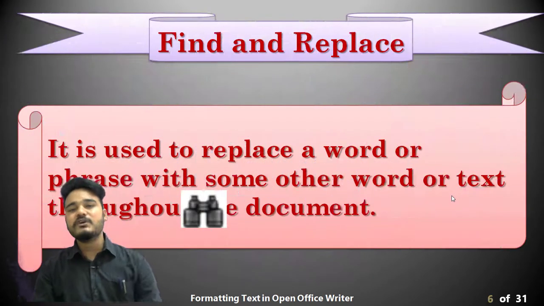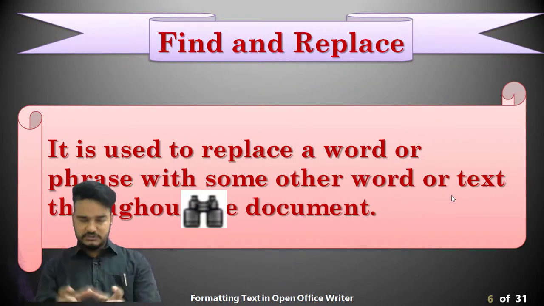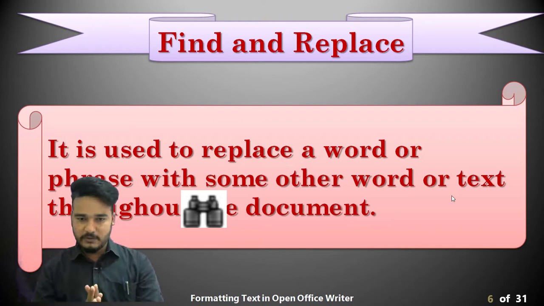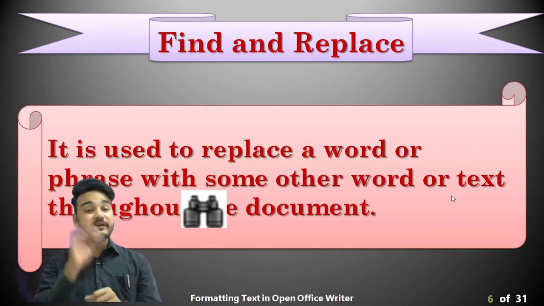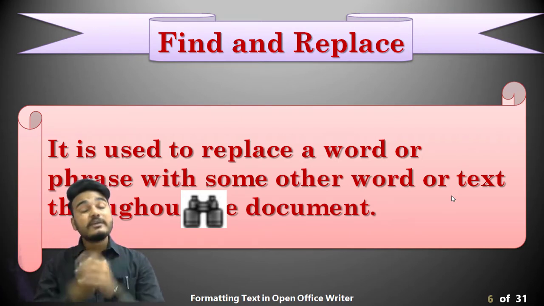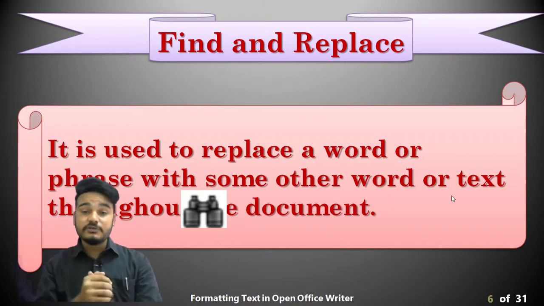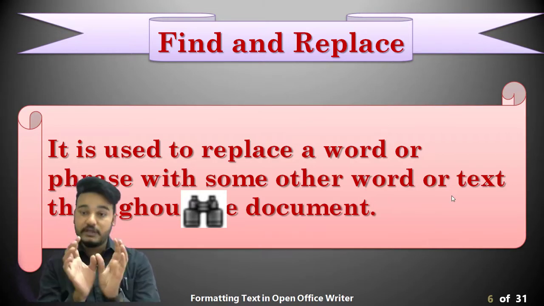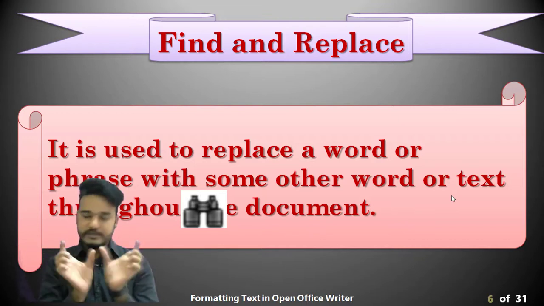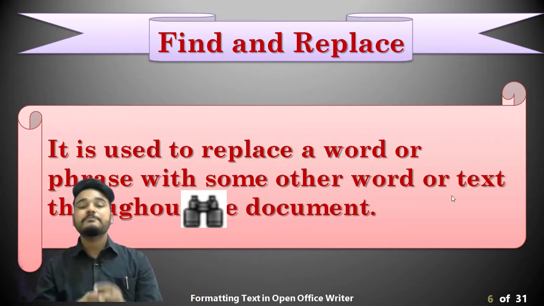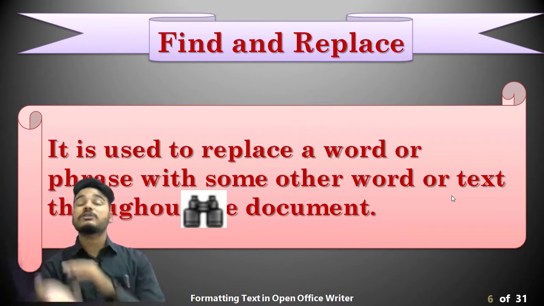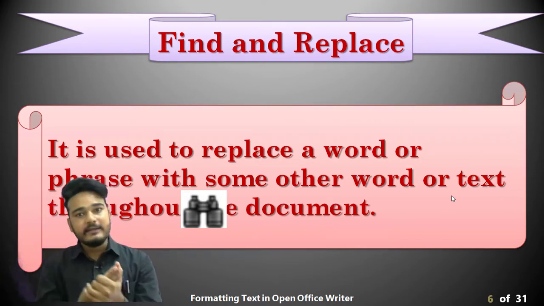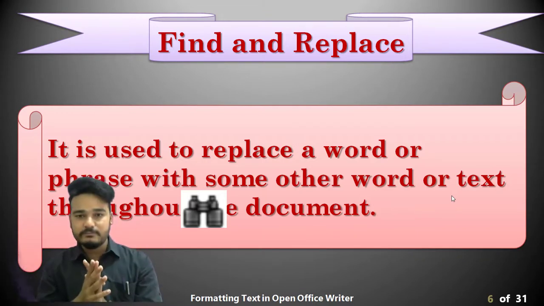Okay, so the first thing that you are going to learn is how to find and replace a word. So for that we have one find and replace option. So how does that option help us? That option is used to replace a particular word, particular phrase. Phrase means sentence भी. We can replace that particular line with some other word. मतलब हमें ये हाथ को इस हाथ से चेंज करना है. That can be done using find and replace.